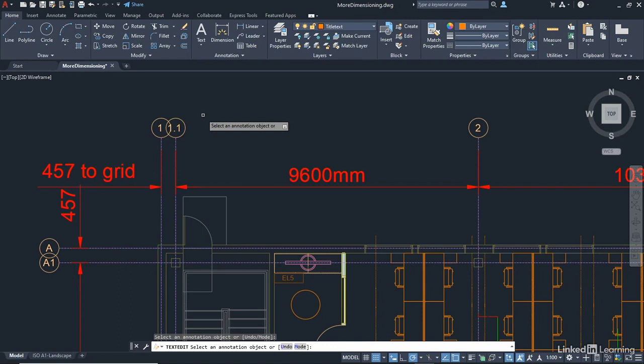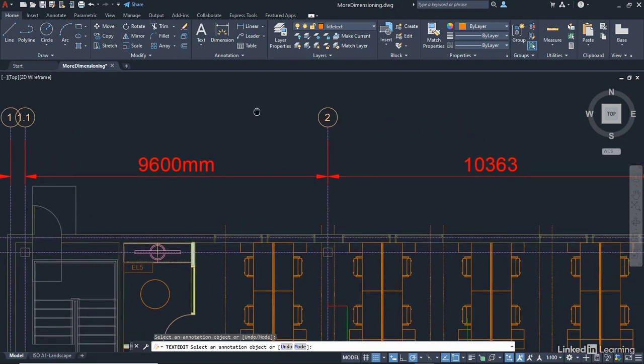Now what that does mean is that it kind of clashes with the other vertical 457 dimension there, but you'll notice I can go to any other annotation object I want to and edit it accordingly if I want to. So let's pan across a little bit. Let's go to this